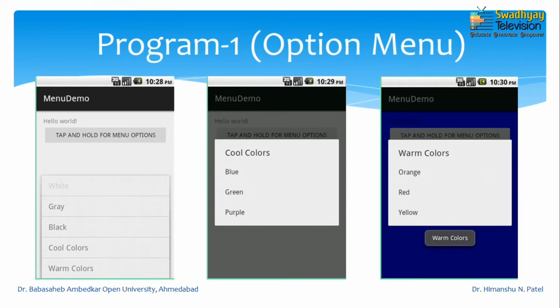So, whenever user presses cool color, you can see on the second or middle screen that this pop-up will appear and it shows cool colors like blue, green and purple. And whenever user presses blue, you can see on the third screen color is changed to blue.